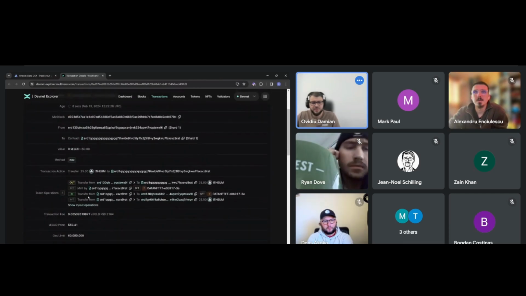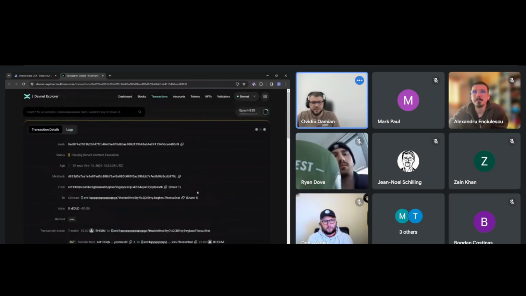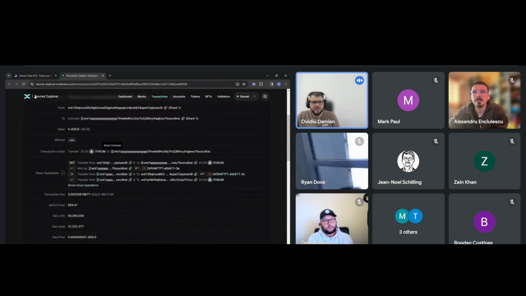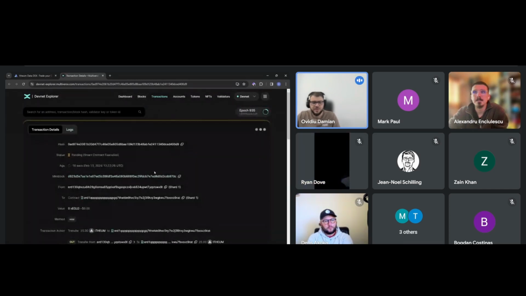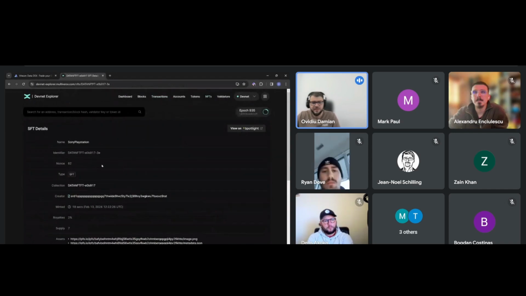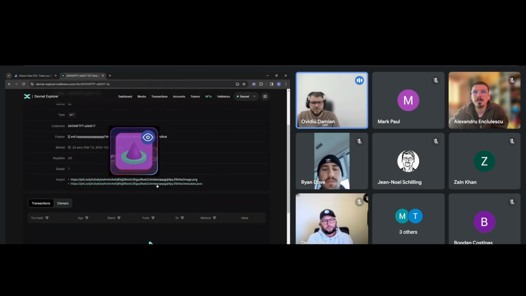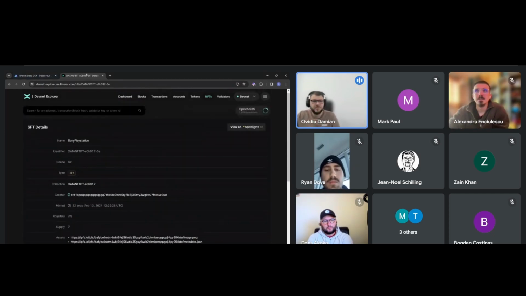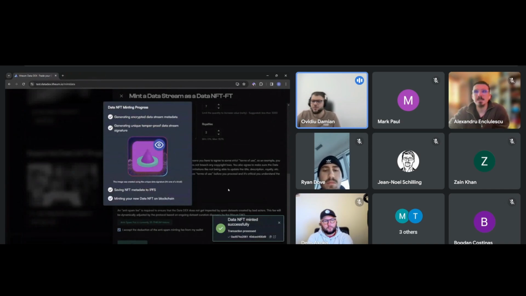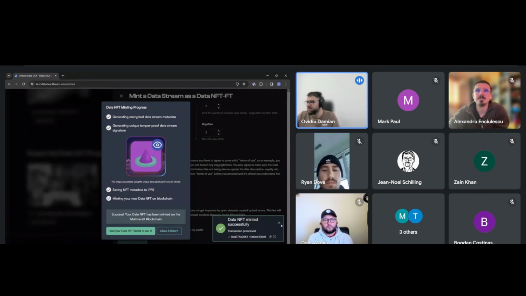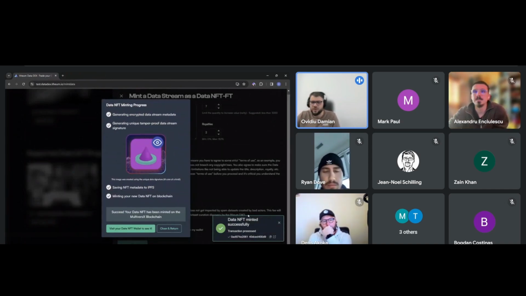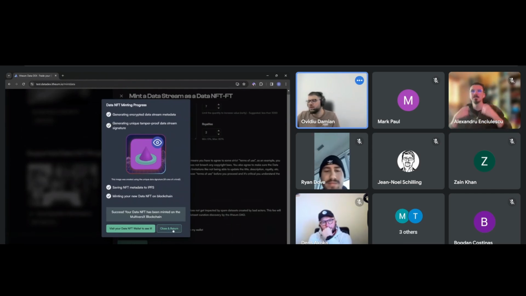You can see what operations it's doing. You can see it creating the SFT with the desired characteristics. It was created with 2% royalties. I put in a supply of 7, all that. It's got the image, the metadata, all that. So that's basically the fastest way to mint a data NFT if you want to do it quick and fast, with no technical skills needed from this point of view. All right,